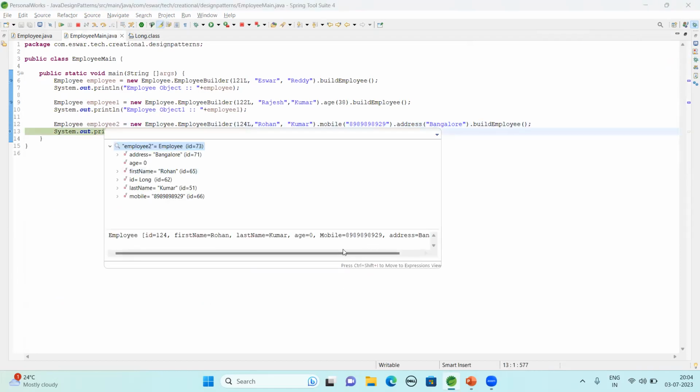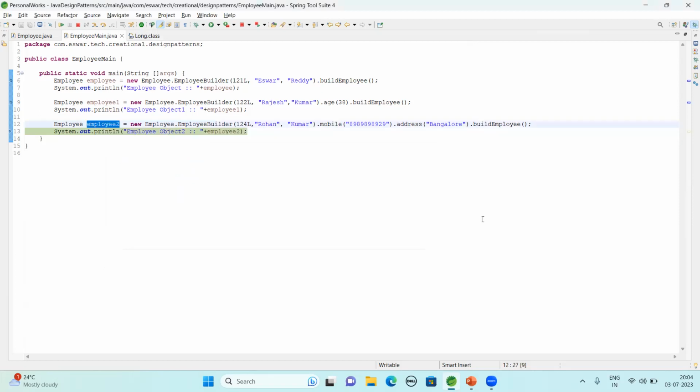You see this one? What do we have? ID, first name, last name. Age I have not supplied here. If we don't have age, that is the reason. And mobile and address are there. So this is how the builder pattern helps us to construct your object, a complex object, step by step, from simple to